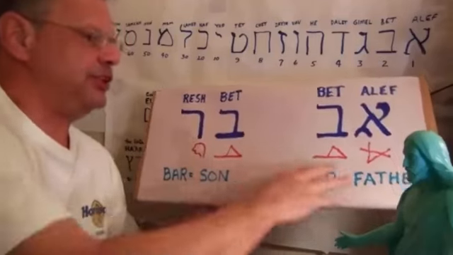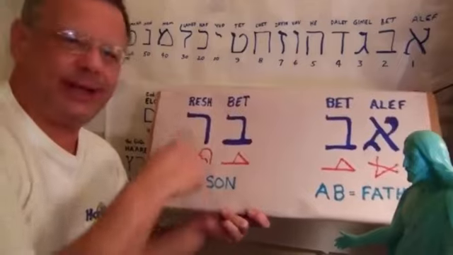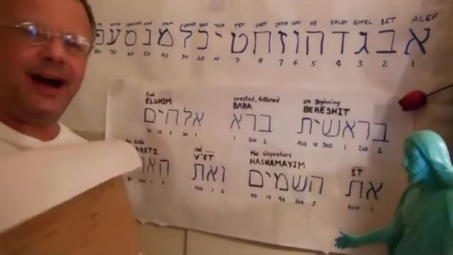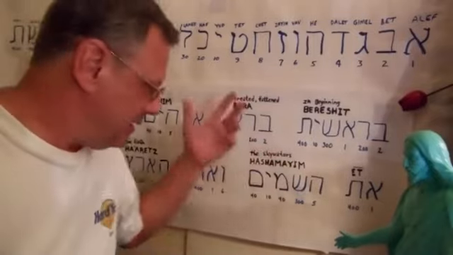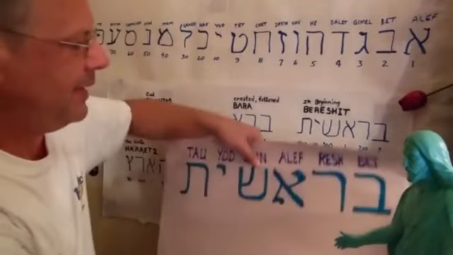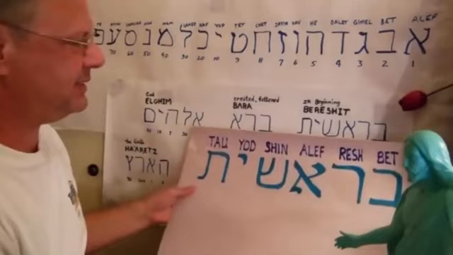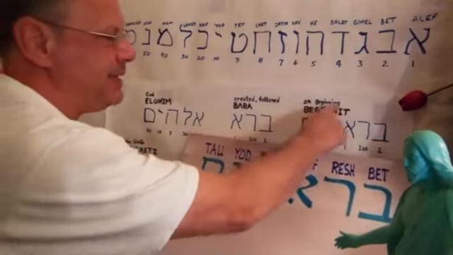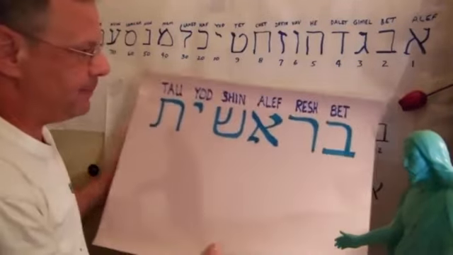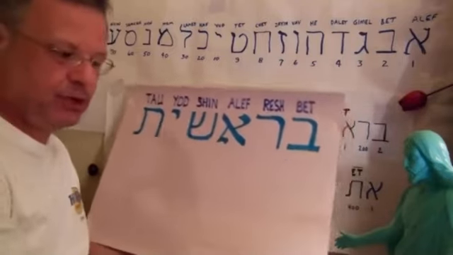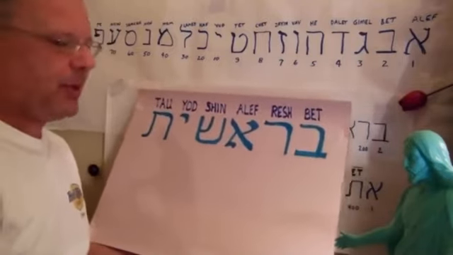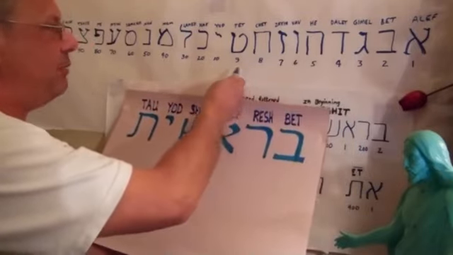So, now that you know how Hebrew works, let's look at this first word of Genesis 1:1, Bereshit. I've written it big here, but it's the same here. It means "in beginning." Okay? Well, each one of these has a picture associated with it. By the way, notice that each of these also has a number associated with it.